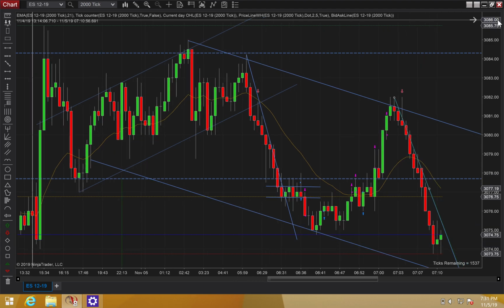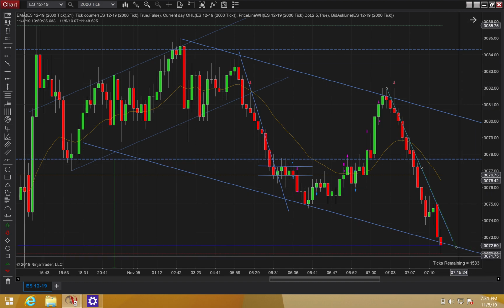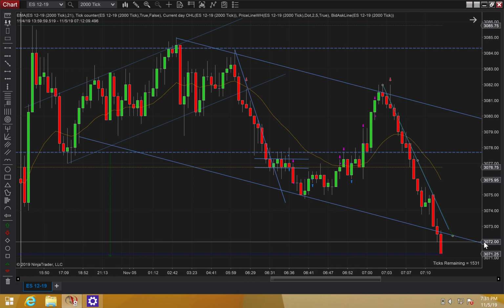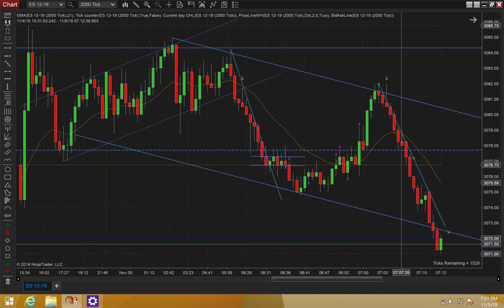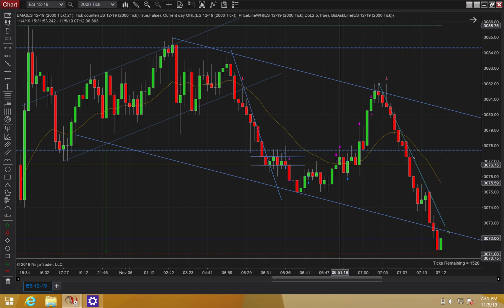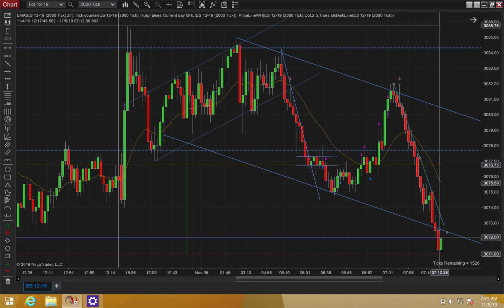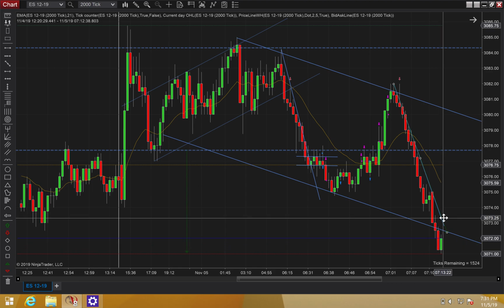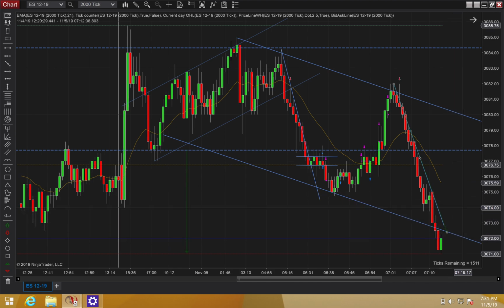Okay, moving down, got that double bottom, still kept going. Okay, boom, we hit our target and we hit the trend line. It's going to keep going. First green bar. At this point, you're kind of not in a great place to take any trade. I wouldn't suggest going long just because there's so much downward pressure. It will pull back eventually, but you're really better off just to see if you can get short while it's